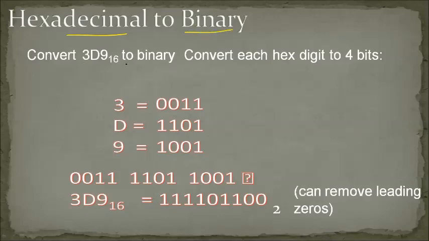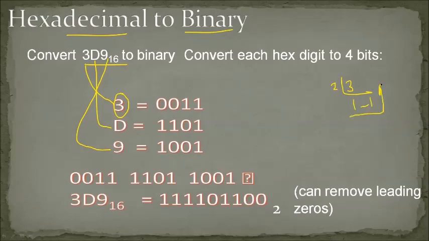So now you just take these values 3, D, and 9 separately, and you have to find out the individual binary value. So what is the binary value for 3? You know already how to calculate. Yeah, repeated division. How many times? 1 remainder 1. So you will be writing 1 1 here, and before that you have to add 0s to make it up to 4 bits.